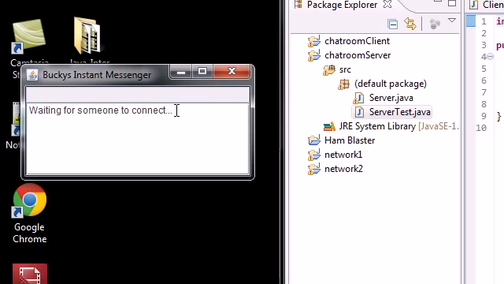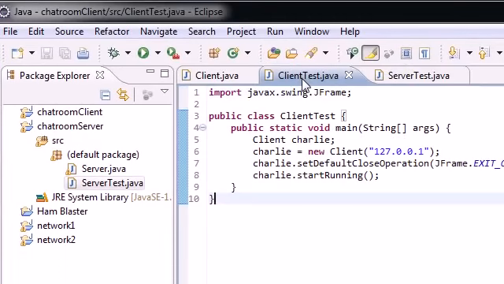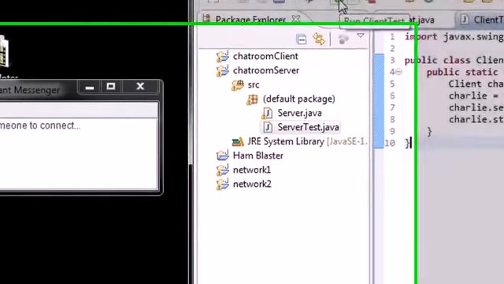So again, I want to recap one more time. What we did is we're running this program, and I'm running it on my computer just so you guys on YouTube can see. But typically this is the program that's going to sit on a public server and wait for people to connect to it. So with that being said, let's hop over to client-test.java and run this program, which is